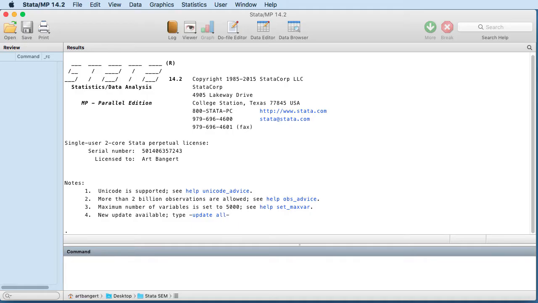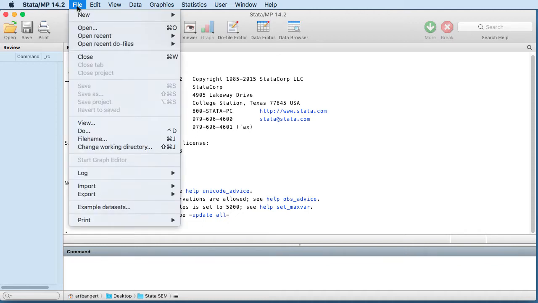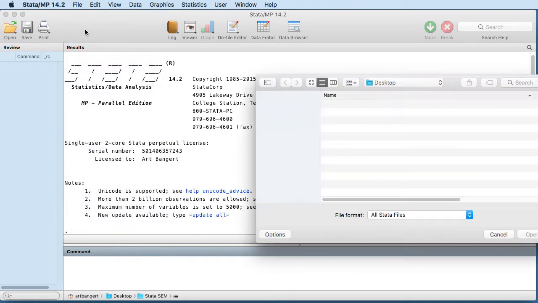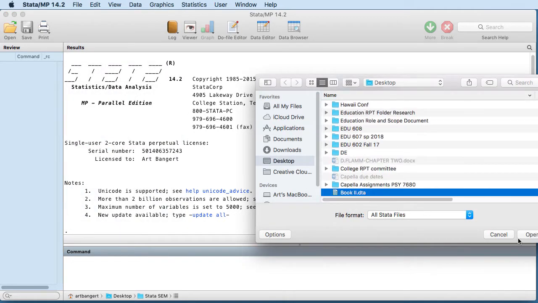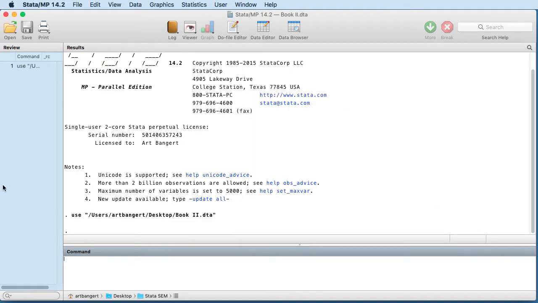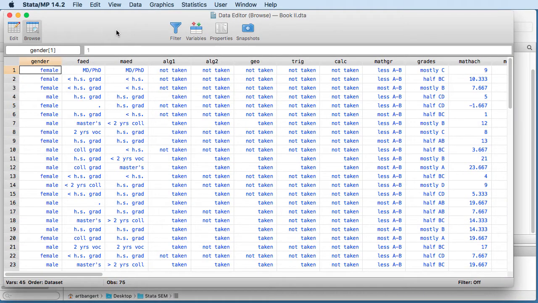This video is designed to demonstrate how to use Stata to conduct a multiple regression analysis. For this demonstration, I'm going to open up the data that we used for Educational Statistics 2 for the intermediate analysis techniques for SPSS. The data that I'm using is the High School and Beyond data. We can browse that data, and the variables that we're interested in are math achievement as our dependent variable, with gender, grades in high school,